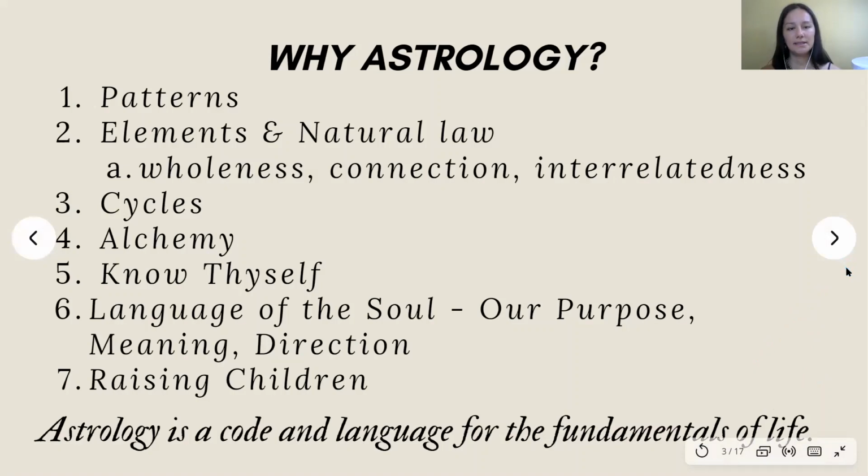So astrology basically is a code, it's a language, it's a way we can relate to the natural world and to each other. What I mean when I say it's a language is, if I say that person's got their sun in Sagittarius, you immediately know a lot about them because you know all of the components of Sagittarius. You know how this person might be seeing the world, and you can have more understanding of someone. I think that is really helpful to understand other people and the natural world, of course.